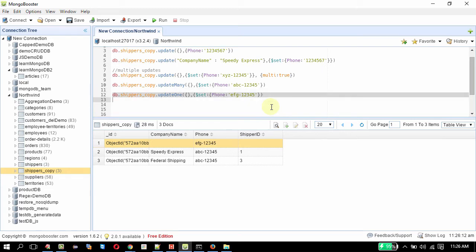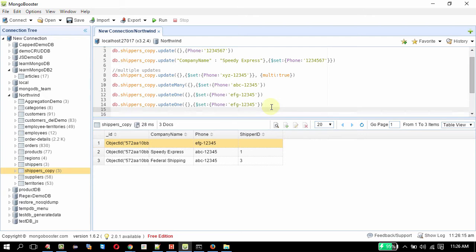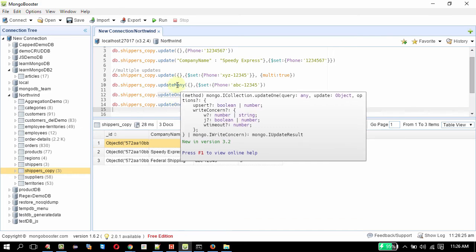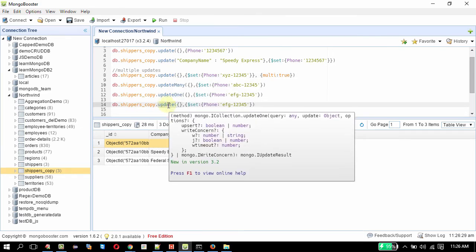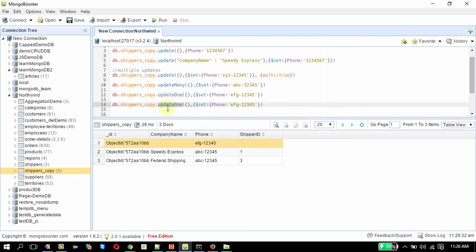Upsert is a combination of update and insert. You can easily understand from its name, it is going to search for the update query. If it is not going to match, it is going to insert a new record. To do that, I'll be using the old update method, or I think it is better to go with updateOne itself.